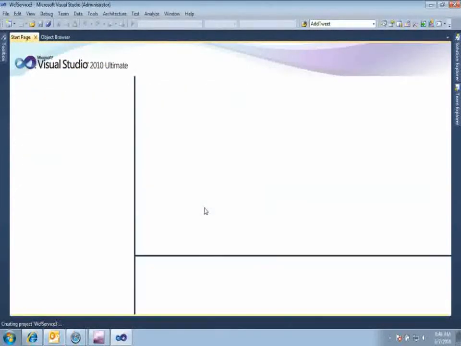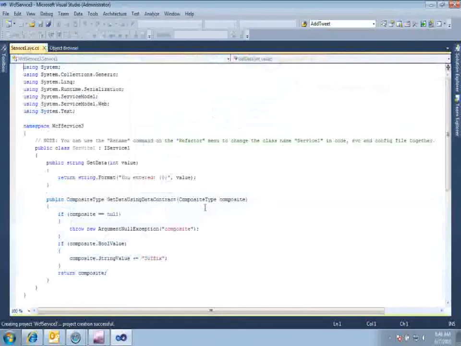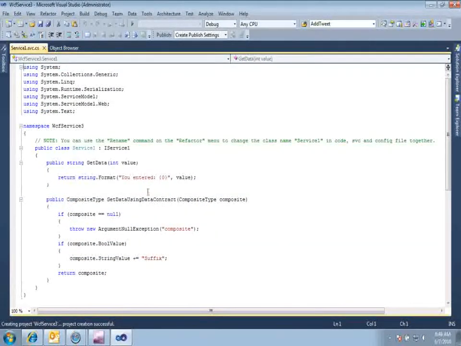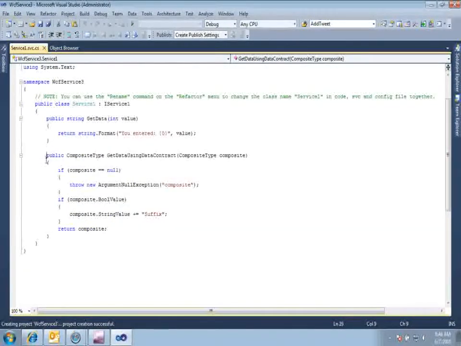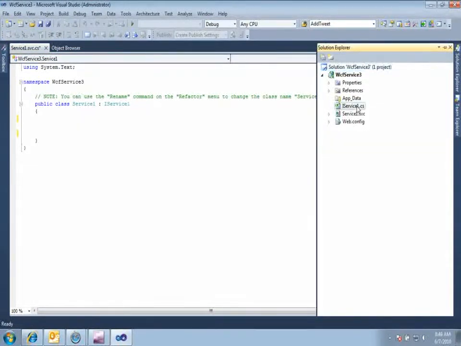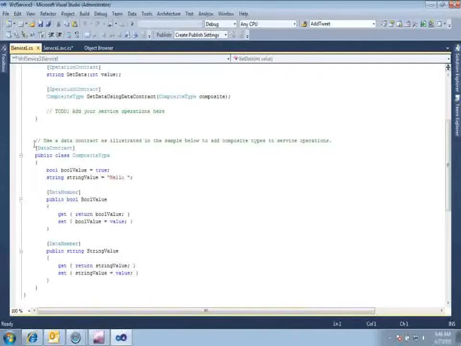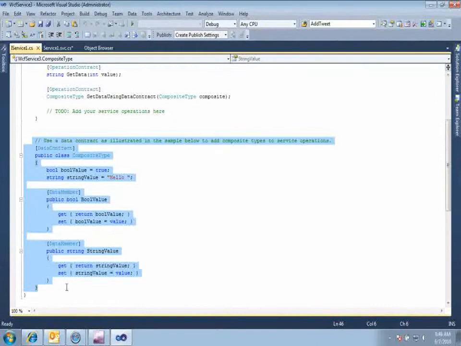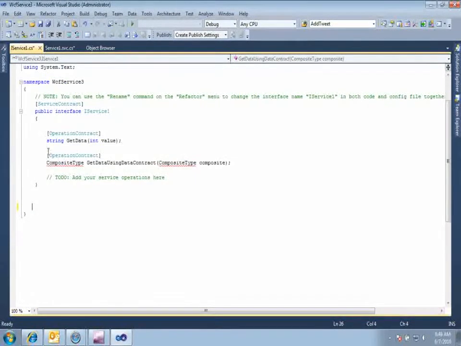You can see that WCF has created some default code for you. Go ahead and delete all those default code which got created by WCF because we really don't need that from your service implementation class and as well as from your contract also. We don't need any data contract because the purpose of our video is to show you how we can create a very basic REST service.